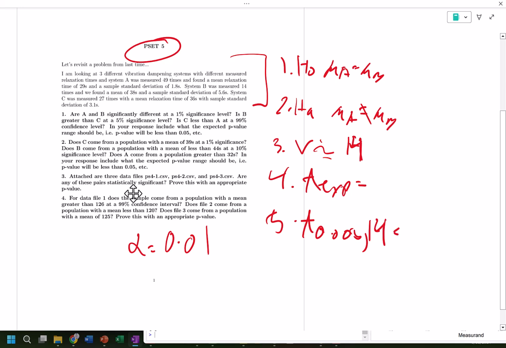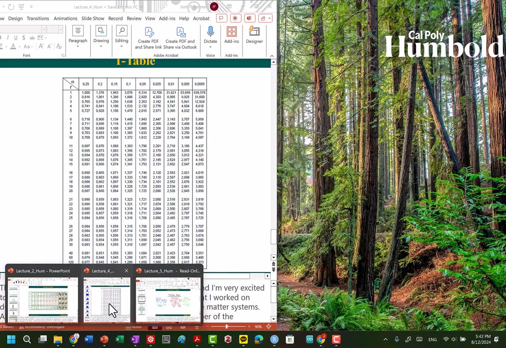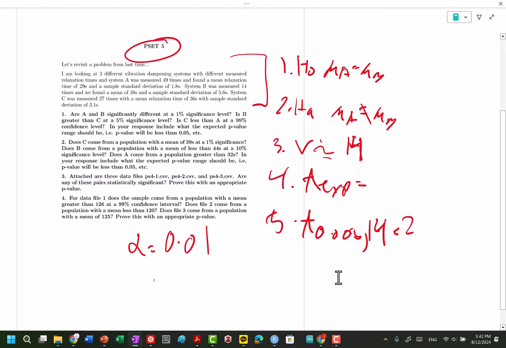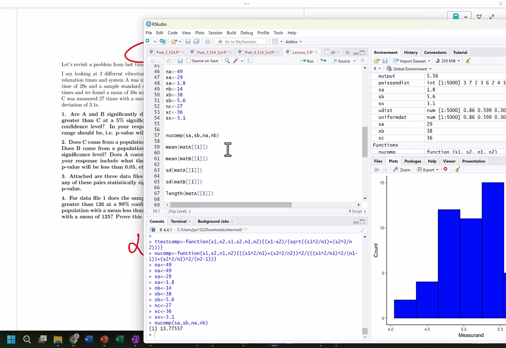We can find that value right now. Let's pull up the table from last time. T of 0.005, and then let's look at 14. 2.977. T experimental, we can calculate with our function as well. So t-test comp, X1, X2, S1.